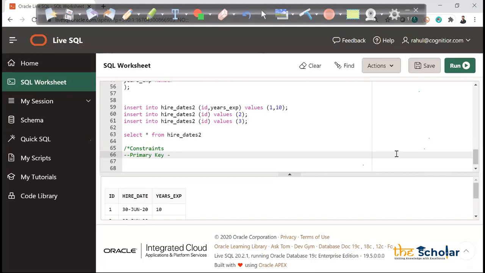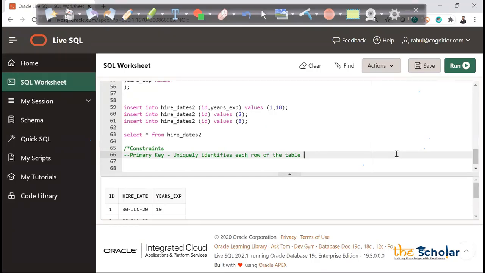Now, what is a primary key? It uniquely identifies each row of a table. For example, employee ID.